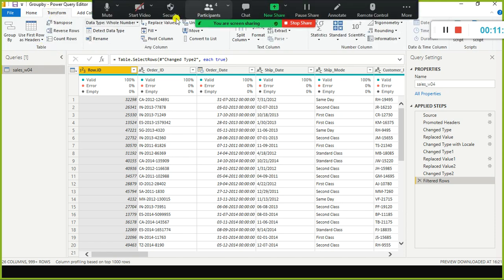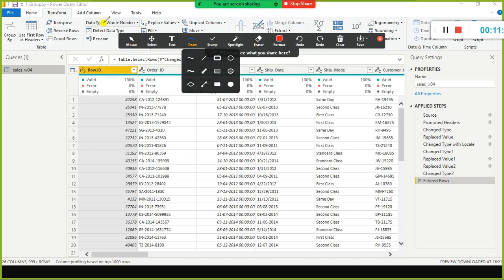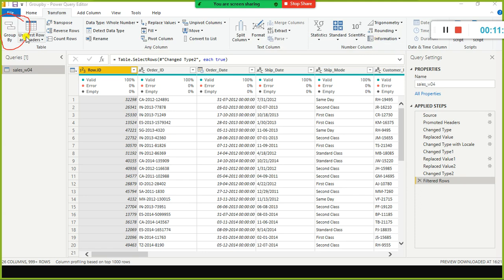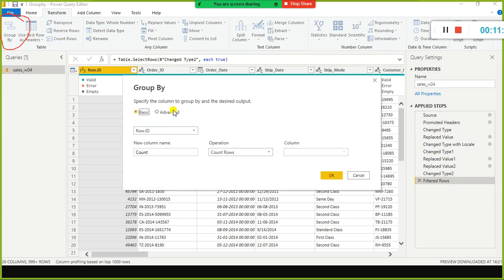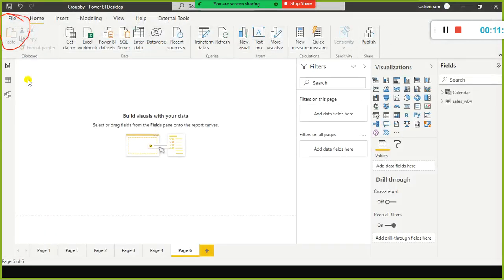Here you can see something called Group By, on the top left corner. Can you all see it? I'm going to select Group By here. Now I'll take a simple example: the same data set, I will load it here.